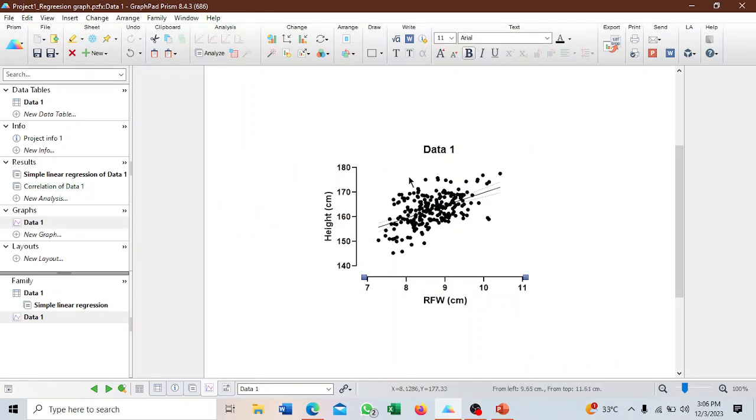So you can see this is our scatter plot here, the distribution of data. So this is the best line of fit, the thick line, and you can see there's an upper and lower thin line. That is the 95% confidence interval. So proceed to format all. So let's